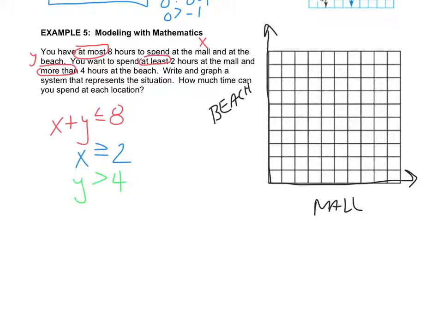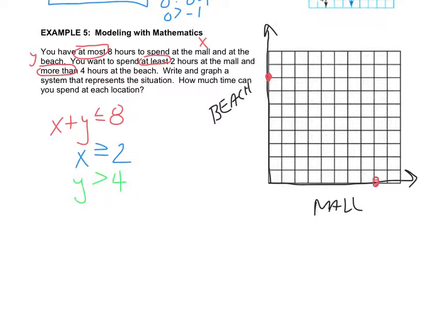So if I focus on that first one, it's in standard form. And if I was to plug in 0, 0 to help me find my intercepts, that'll be easy. So when the x goes in as a 0, the y is an 8. When the y goes in as 0, the x is an 8. So basically, the easiest one to do is just keep it in standard form. So 0, 8,